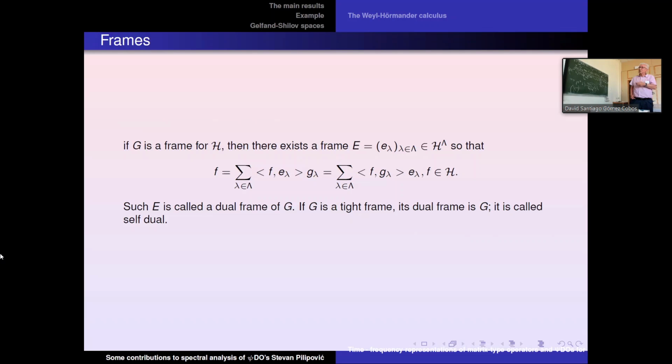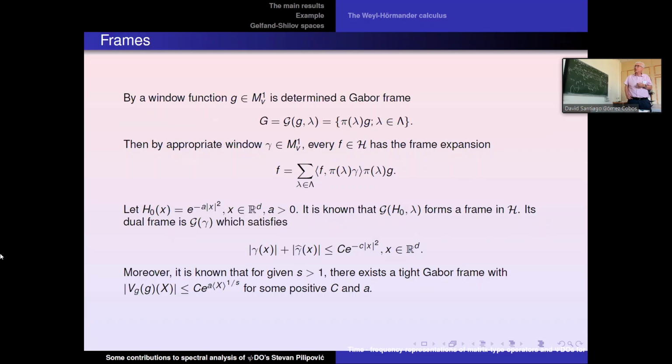And some people just use Gabor tight frames, but this is really not important. Here is the definition of Gabor frame. So what does it mean on G? This is actually G of x minus... so I didn't write what is P. P of lambda, let me say,